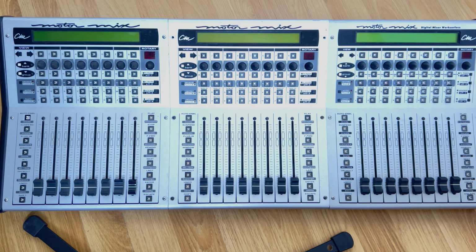Okay, this is going to be a demo of the 3 CM Automation Motormix units that are bolted together. They're all individual units and operate individually until you set them up in your software. Software like Pro Tools, for example, that can use 3 Mackie HUI protocol units. You set them up as 3 fader surfaces, and then in the software, that software will make them work in